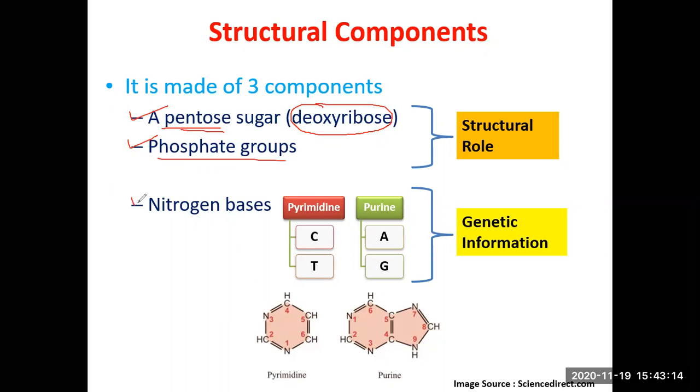Third component is the nitrogen base. There are 2 groups of nitrogen bases present in DNA. One is called pyrimidine, of which you have cytosine and thymine present in DNA. And the second group is called purine, in which adenine A and guanine G are present in DNA. And the nitrogen bases' primary responsibility is the storage of genetic information. Okay, so there is a good division of work among the components of the DNA. The sugar and phosphate group play the structural role, whereas nitrogen bases are involved in storage of genetic